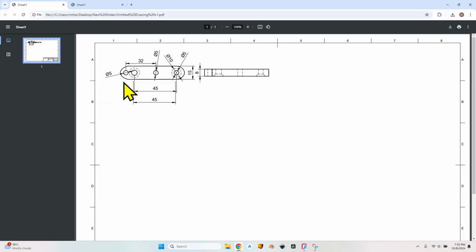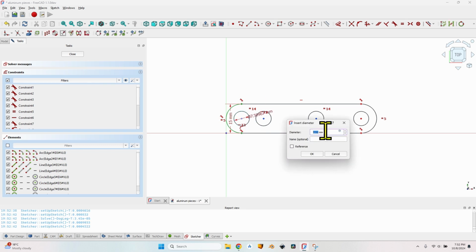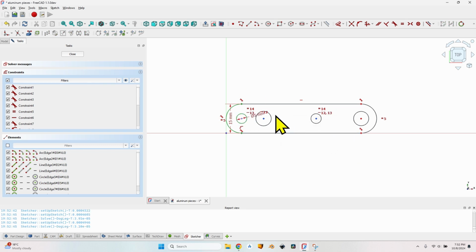And now let's set their dimension. I can see that all 4 holes are 5 millimeters in diameter, but I also know something. These two are going to be threaded with an M6 thread, so I will leave them as 5 millimeters. These are the two. Press E first to set them equal, and then K O to set the diameter for the first one. Type 5 millimeters, and now they are both 5 millimeters in diameter,